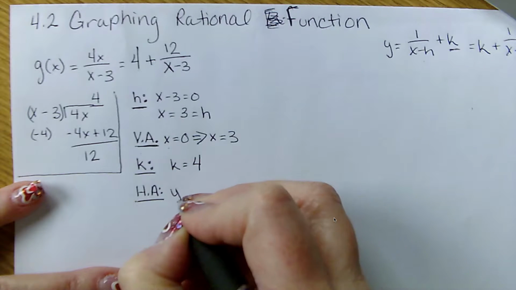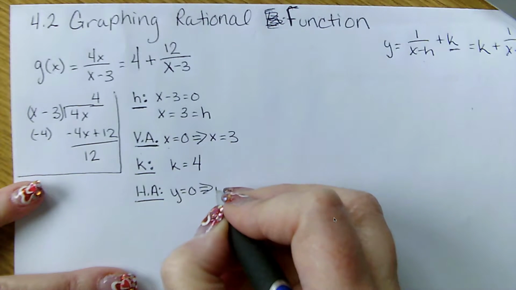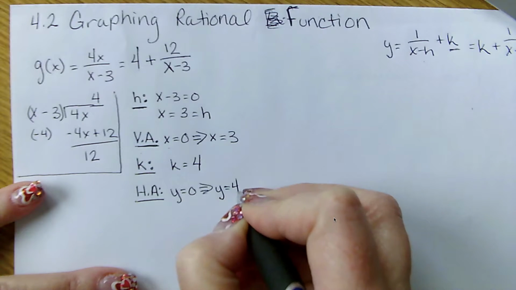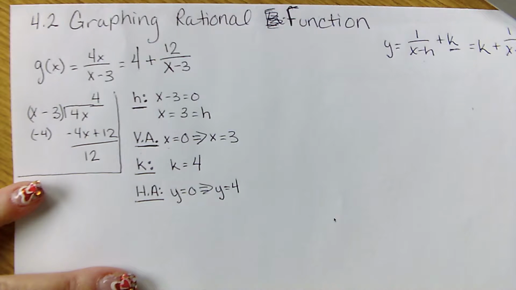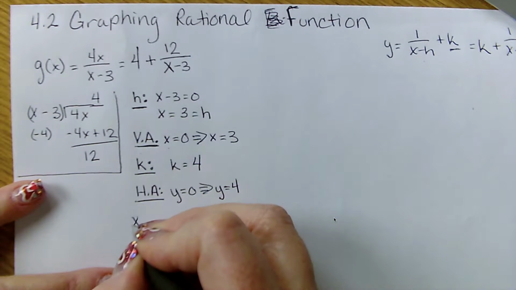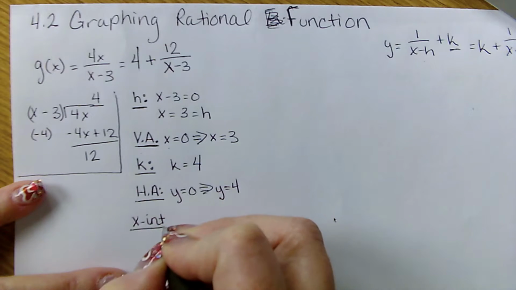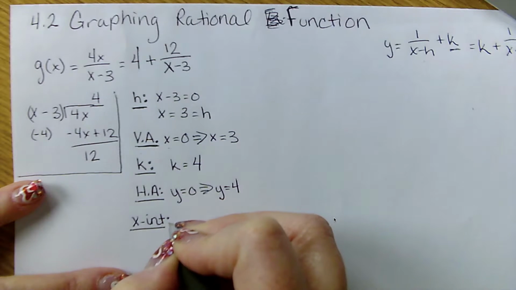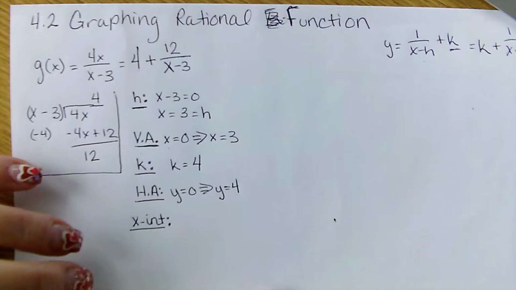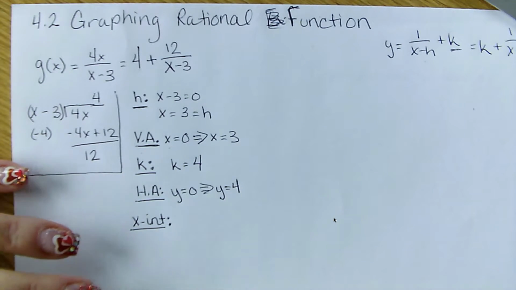So it was y equals 0. Now what is it? Y equals 4. So here's the new thing we're going to do. What does that stand for? X-intercept. So we're going to start out with x-intercept doing what you really do, and then we're going to shortcut